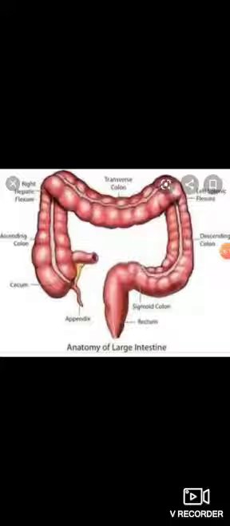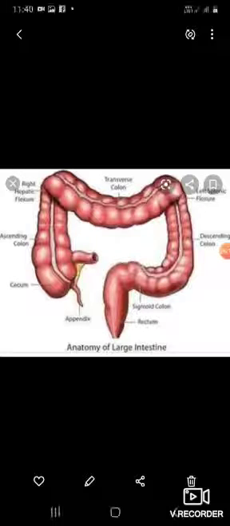Now we will see the descending colon. The descending colon is about 25 cm long and extends from the left colic flexure to the sigmoid colon. It runs vertically up to the iliac crest and then inclines medially on the iliacus and psoas major to reach the pelvic brim, where it is continuous with the sigmoid colon. The descending colon is narrower than the ascending colon. Usually it is retroperitoneal. Rarely it may possess a descending mesocolon.